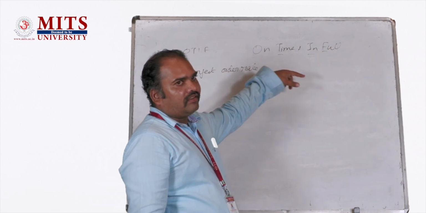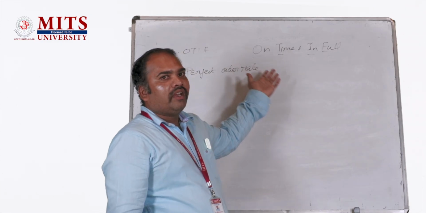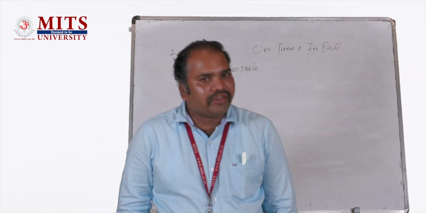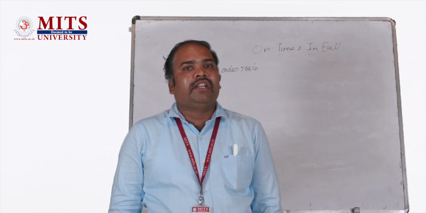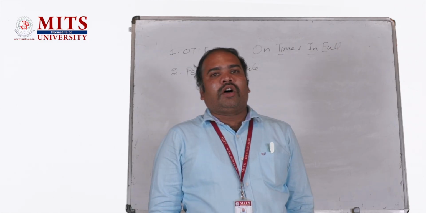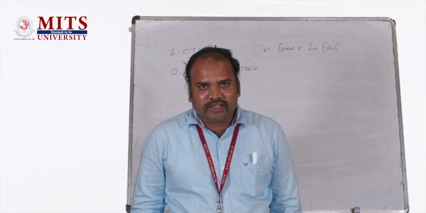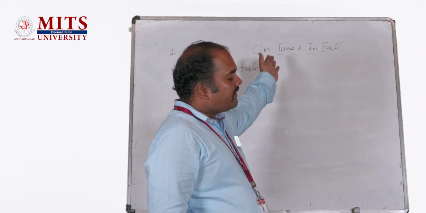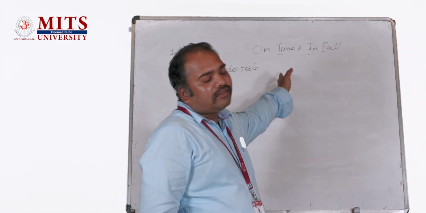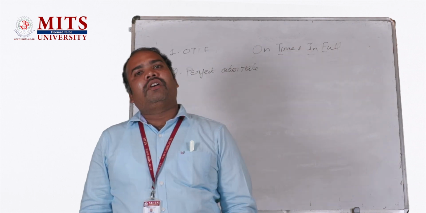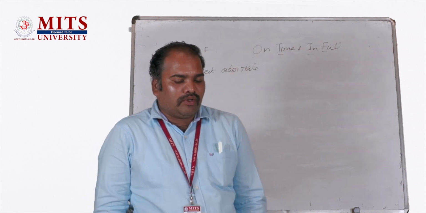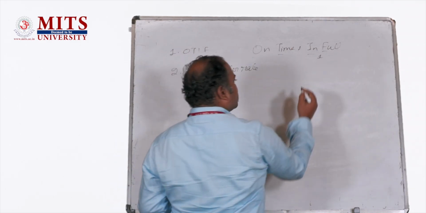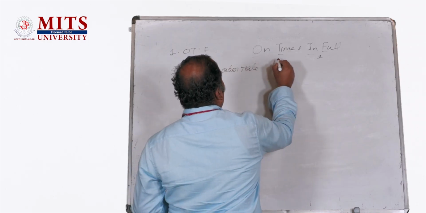So 1 if it has been received on time, or 0 if it has been delayed. And in full, for example, if I have made an order for 100 units but only 80 units have been delivered, that means only part of my order has been fulfilled, not completely. So if I have placed an order for 100 units and 100 units I have received, then I have received the order in full. So 1 in case I have received in full, 0 if I have not received in full. So if I have received orders in full and also in the time which has been promised,